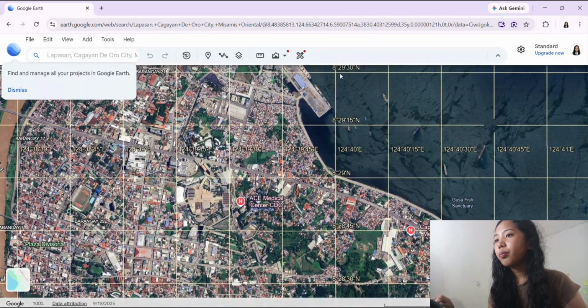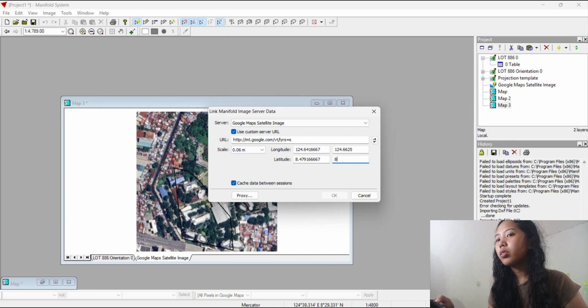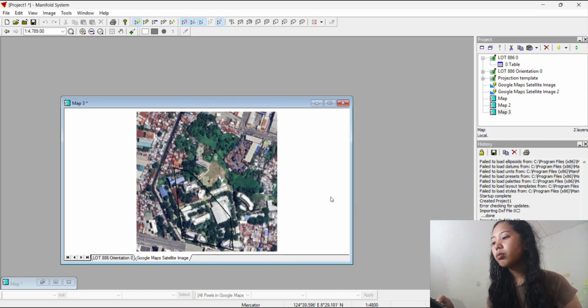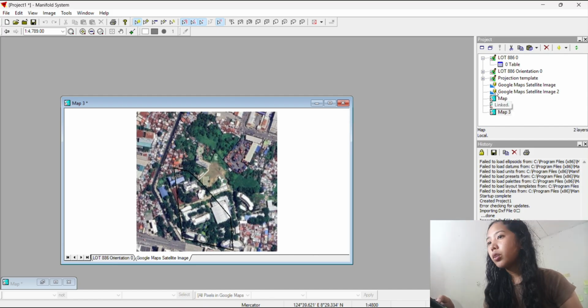Then this data, put it to the longitude. The next, then convert 124.641667.